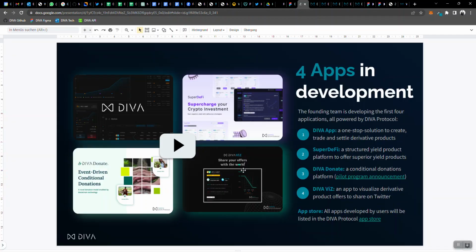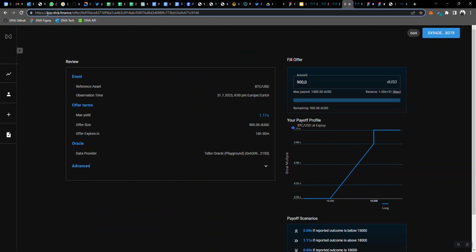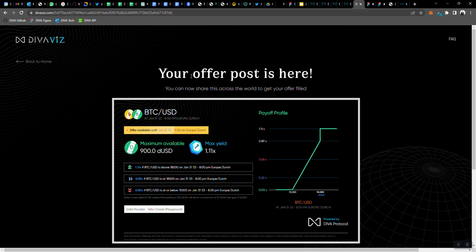And last but not least, we have another app which we refer to as DivaViz, which is basically an app to visualize your derivative product offer. So when you create a product here, what you get in the end is a link that you can share with counterparties via email, for instance, right? And they get redirected to that page. Now, maybe just sharing a link might not be that appealing, so you might want to include a nice illustration, and this is exactly what DivaViz is about.